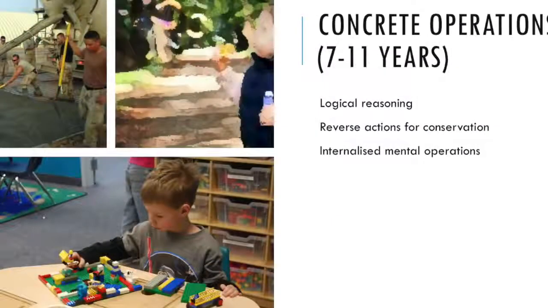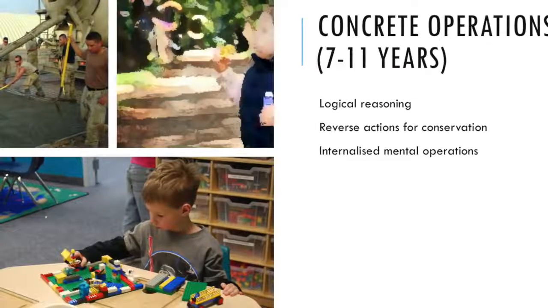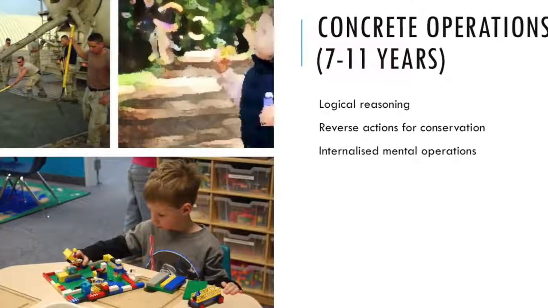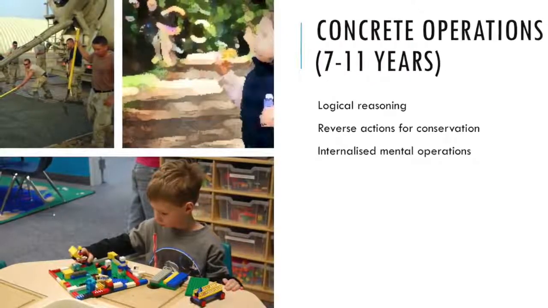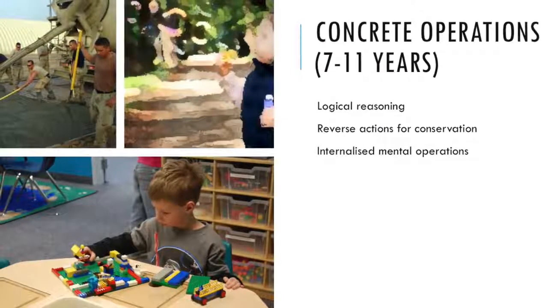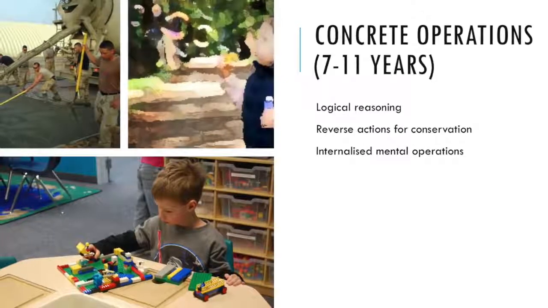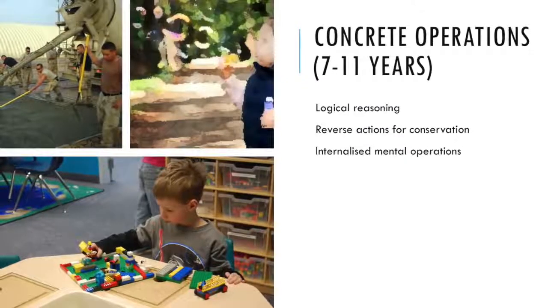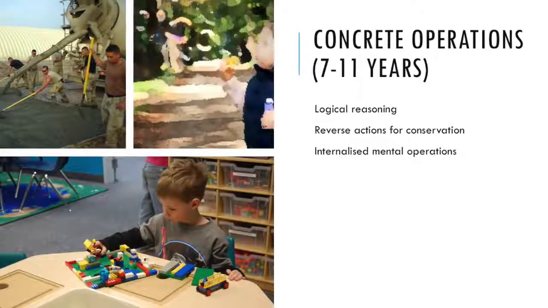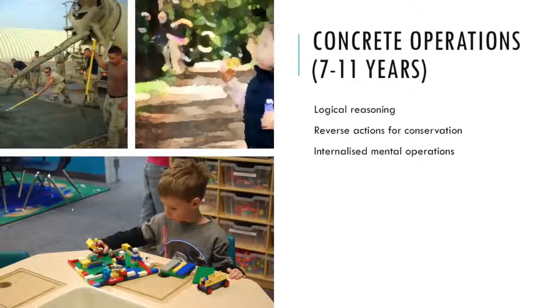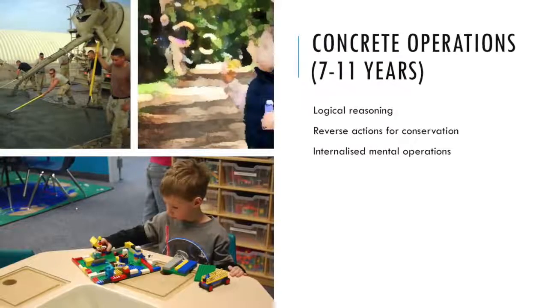By 7 to 11 years, children reach concrete operations, where they can perform mental actions on objects, but only on what they had experienced before. Logical reasoning replaced intuition in concrete circumstances and can mentally reverse actions, which allows for conservation. Mental operations are internalized, whereby, for example, addition and subtraction can occur in the head as opposed to counting fingers. They, however, are still not able to engage in abstract processes like algebra,